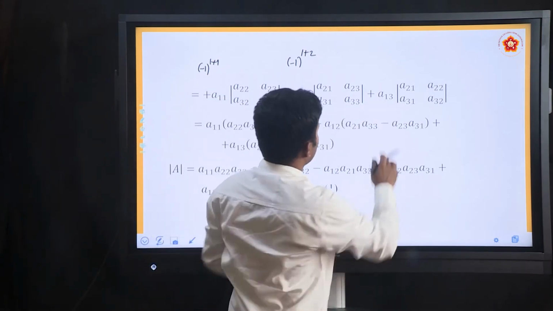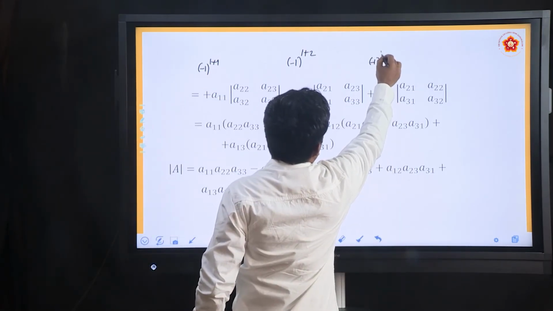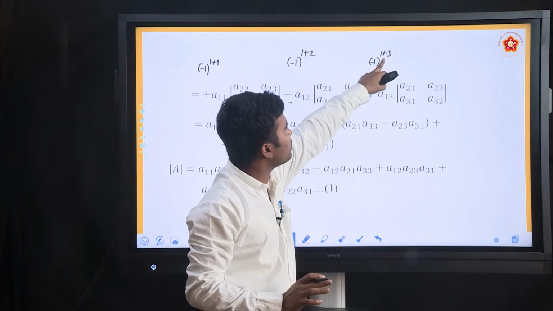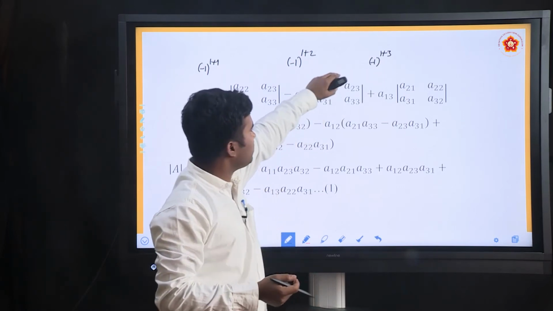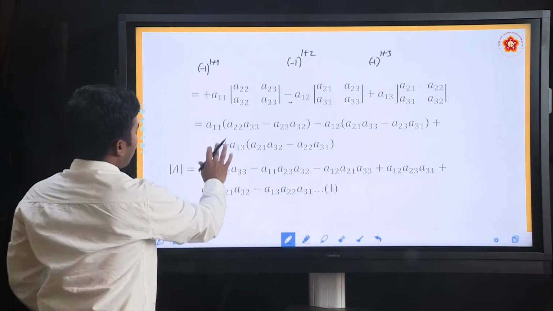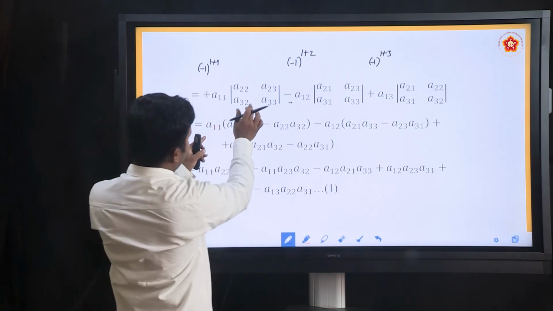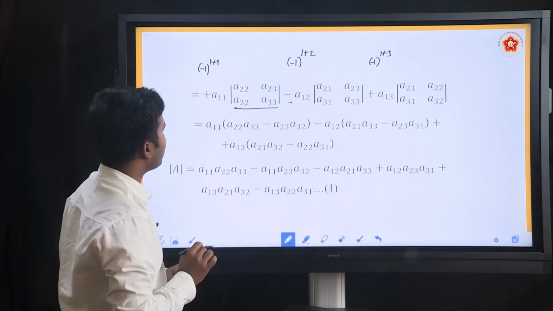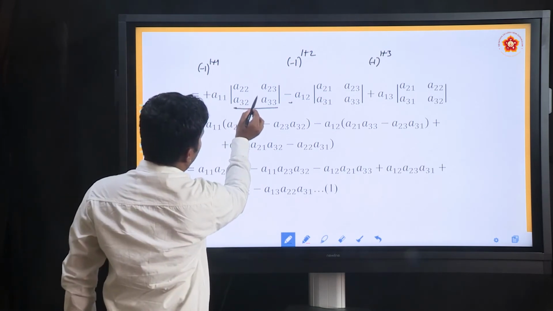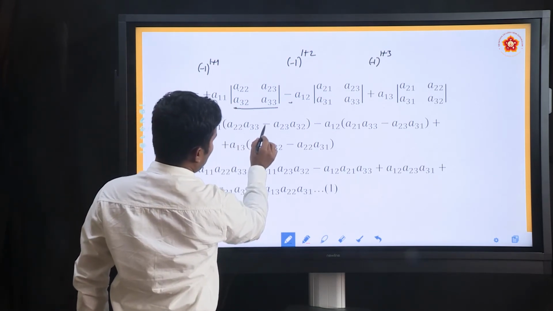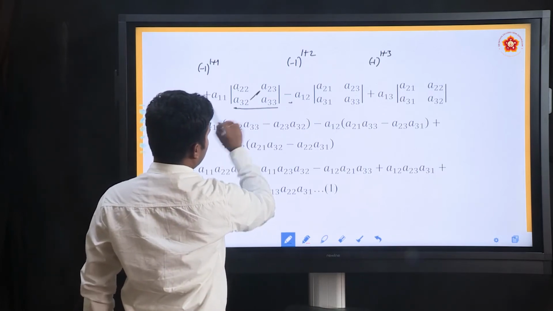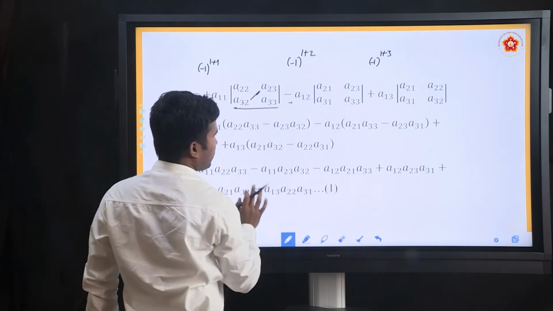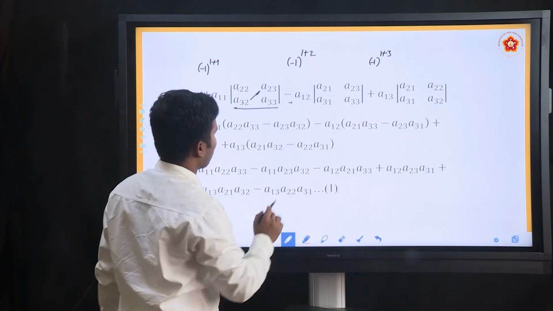So plus, and here also we have minus 1 to the power 1 plus 3, understand. Minus 1 to the power 1 plus 3 is minus 1 to the power 4. What is minus 1 to the power 4? Which is again plus. So hence we got plus here. So you keep A11 here and you can expand this. How you are going to expand this? Already we learned to expand our determinant of order 2. Product of diagonal A22 into A33 minus product of non-diagonal elements, that is A23 into A32, or you can multiply A32 into A23, doesn't matter because multiplication is commutative.